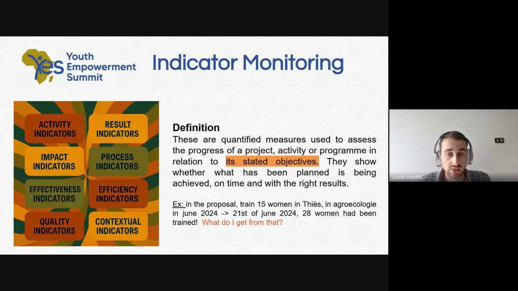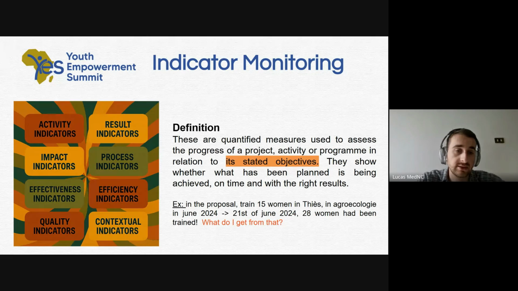Now, what do you get from that? You get the fact that you trained more women than you were supposed to, which is good. At the same time, you don't need to explain yourself, but it's nice for them to know why you trained more people, and you can just say, as I said, that you had good communication, you had money that was incoming, etc.